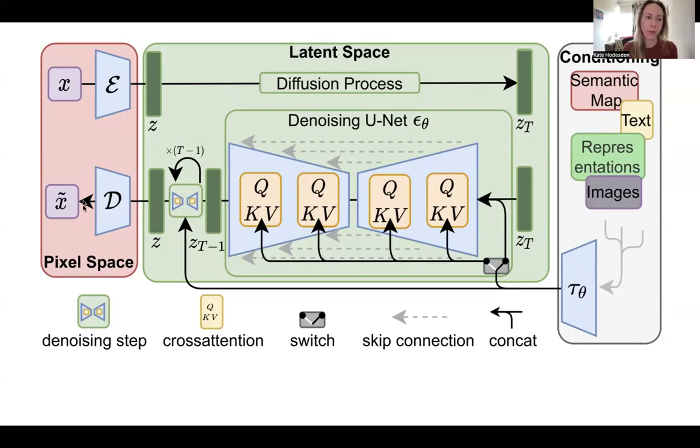So over here at the periphery of the model, we have this encoder E and decoder D that get you out of and then back into pixel space. At inference, we just need to decode. We just need to get out of latent space. And we'll do this with our pre-trained VAE decoder.